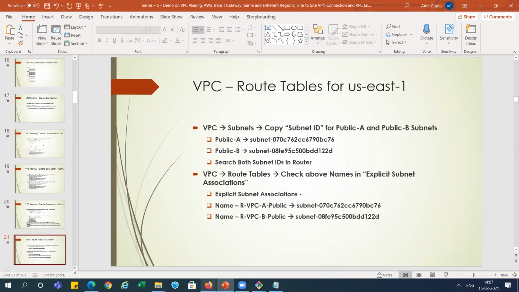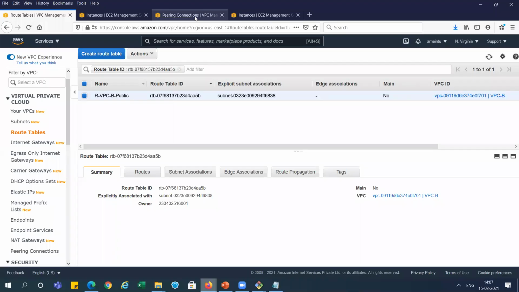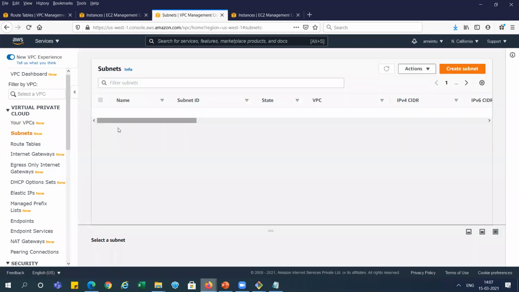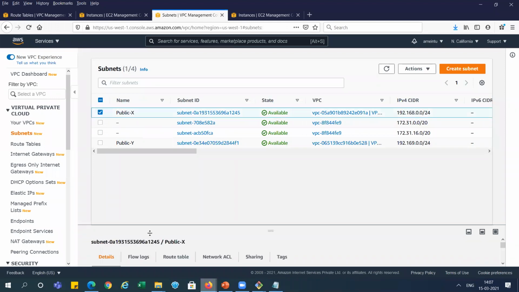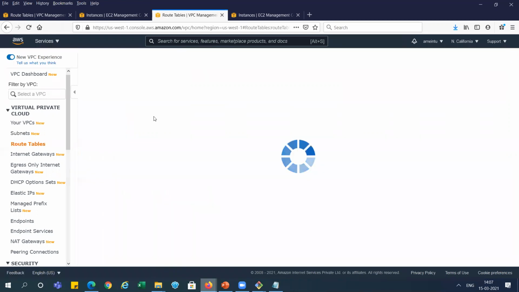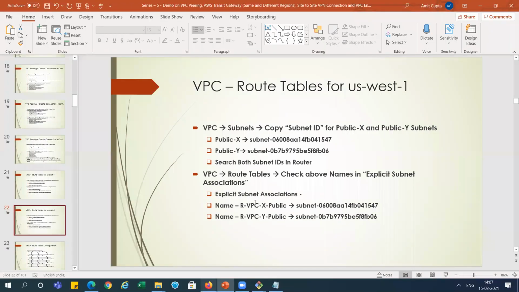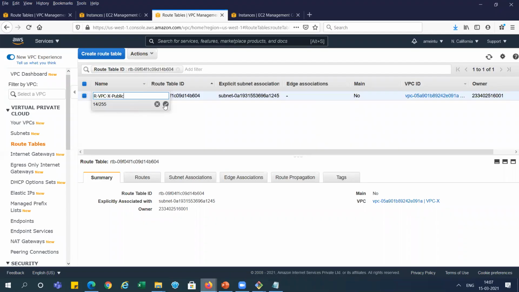So I think similarly we need to find out the route table for the different regions also. Let's do it, same thing. So you can see we have a subnet also. I'm selecting public X route table. Because we need to modify this route table, the first step is identifying the route table, right? So this is the route table we are using for this one.